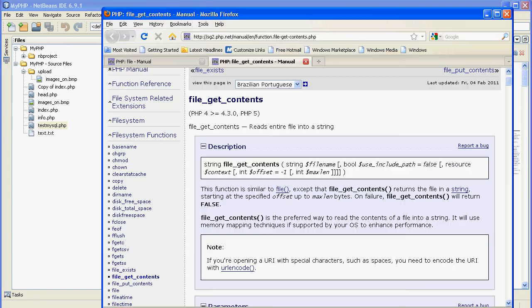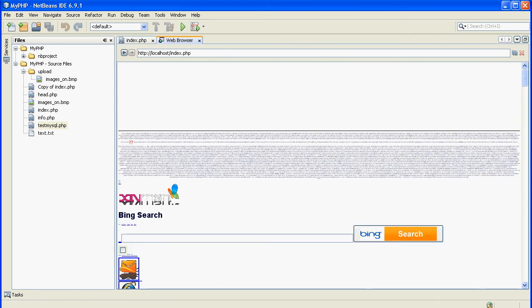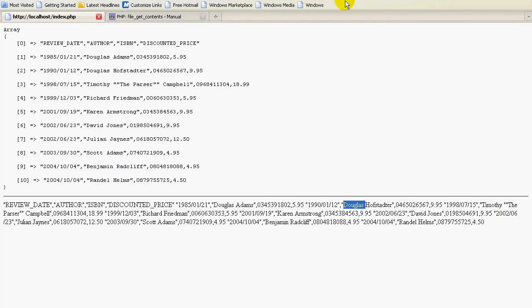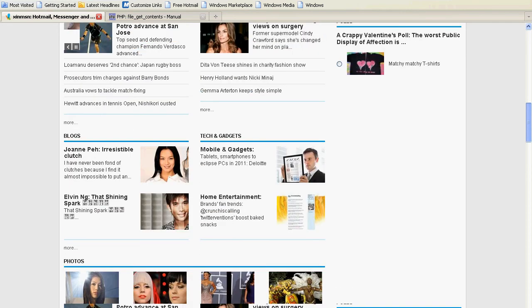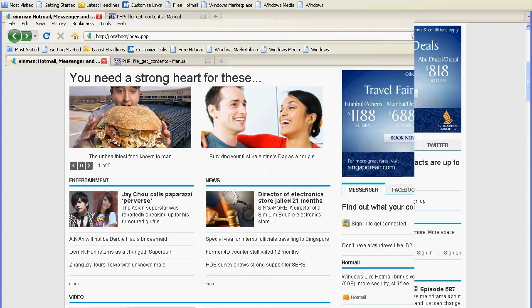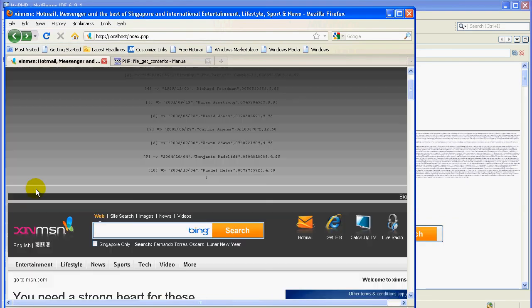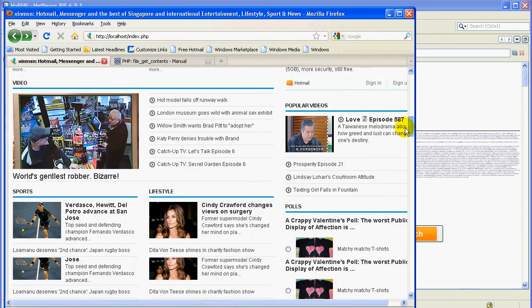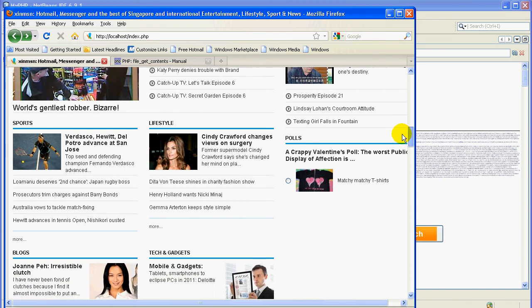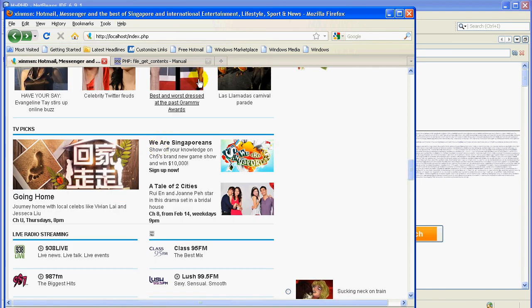If you try the same thing here, localhost, and refresh, okay, as you can see I'm getting better results, and I'm still in the localhost. I see the MSN page, but I'm still in the localhost tab. And this is the array here printed in one page. So it's still working the same way as the file, but all of this is considered string,